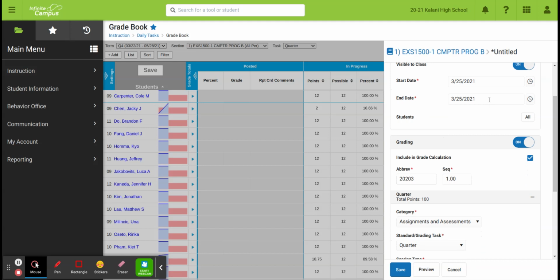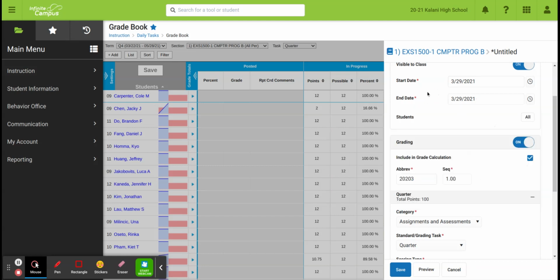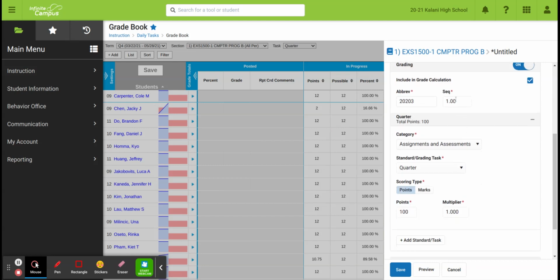Kind of the same thing, start date and end date. So you can change this if you want to. I'm going to set this up for next week Monday, so I'll change the starting and ending date. And you have a drop-down calendar that you can choose the dates from. And then you have